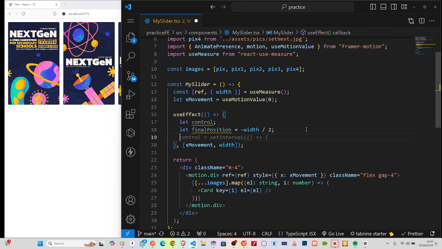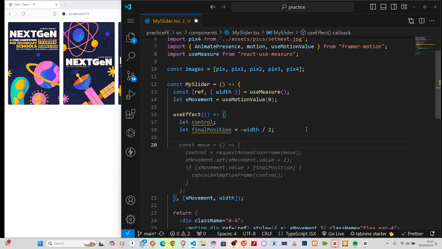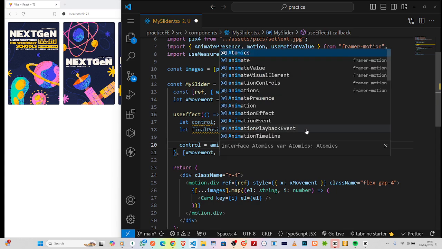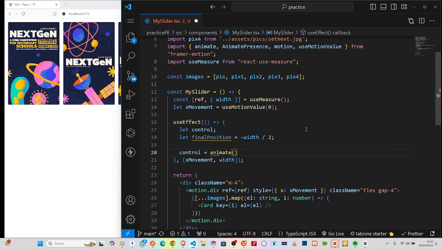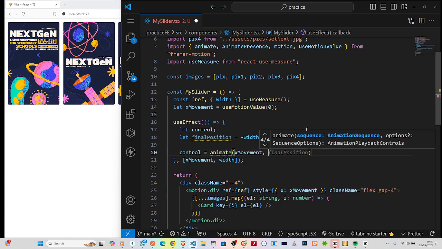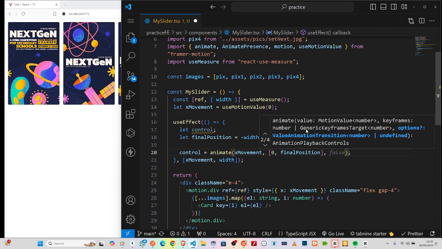The next thing I will do now is, because controls will be in charge of the changes, let's say controls will be equal to animate. Now this animate will take 3 arguments. The first argument will be the x movement. Then the second argument will be an array of the start point, so we start from 0, and the final position. Good. Then lastly will be our animation